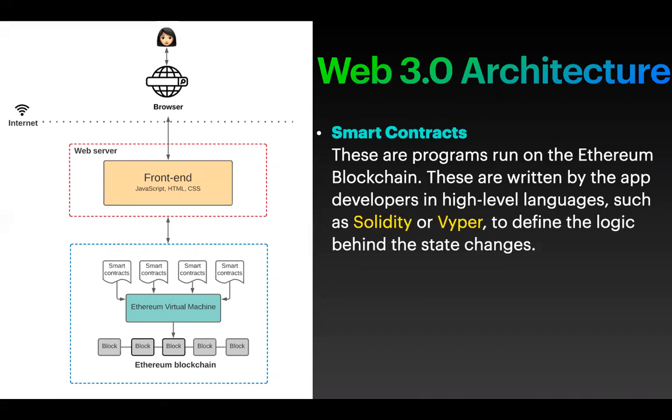And then, as I told, smart contracts. Those are the beauty of what you say, backend tech, 3.0 backend technology. So the developers write smart contracts. Whatever logic, whatever code there is, I will make it into small packets and code it in high-level languages like Solidity and Viper, to define the logic behind the states and all. If any developer is there, he can understand these things in a much better fashion.